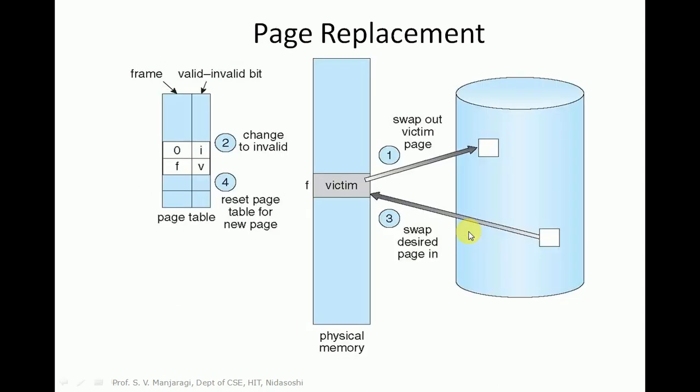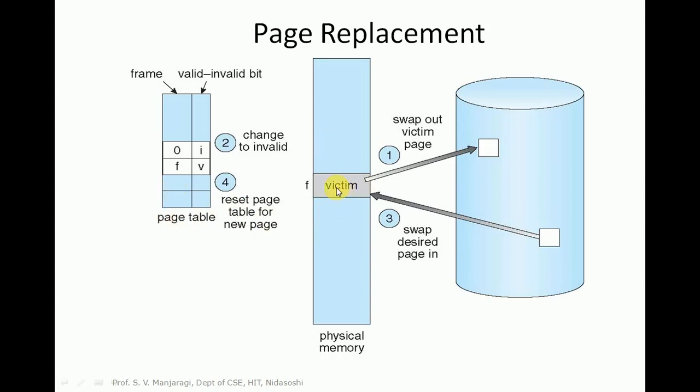Now let us look at the diagram that is describing the page replacement technique. So this is the physical memory, this is the disk here, and this is the page table. Now we have already identified a victim here, that is victim frame F. So how do we identify the victim frame that you want to replace? For that particular frame, a dirty bit is set here. It means that frame has been modified. If usage has been completed by the process, it can be swapped out.